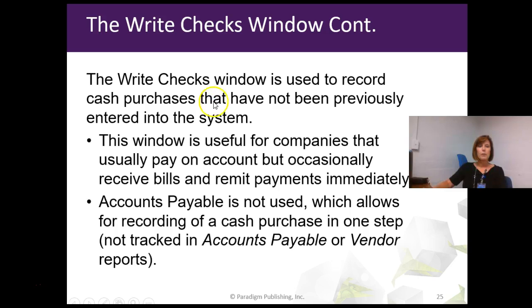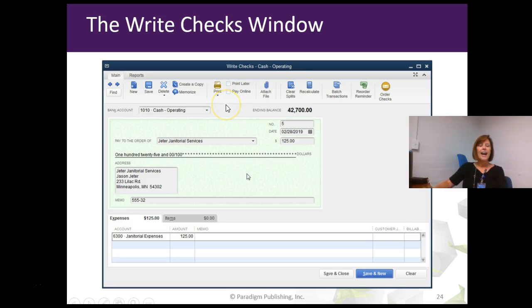And again, you would print, whoops, I forgot I wasn't in the live version. This is where you will print your checks. You can save them and print them later. You can also use this to make a payment online, and this is where you would just record that information. So if you make the payment online, it's not going to prompt you to print a paper check because it's going to assume that you're going to make that payment electronically without a paper check. You can hit save there, new there, or you can do save and new here, save and close. But